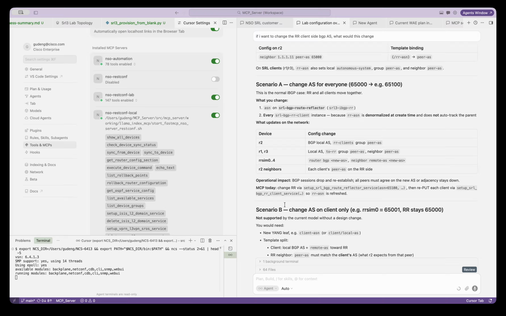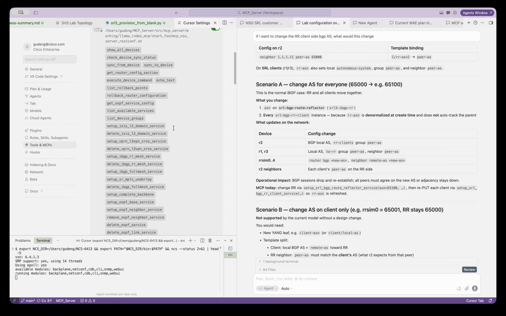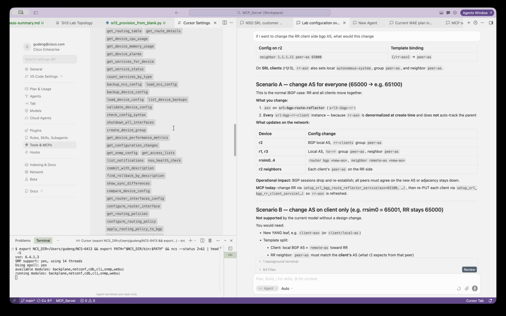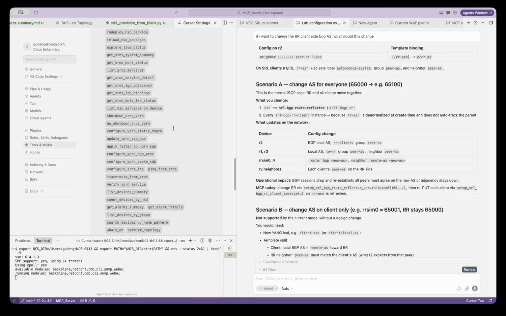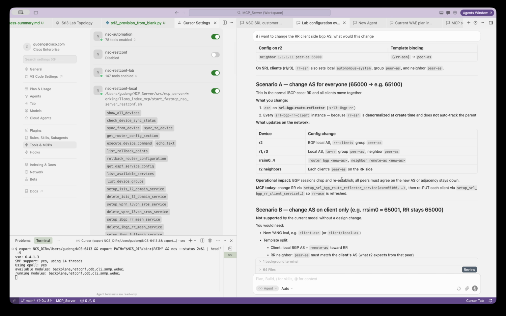Then we will change those MCP servers. By the way, all these service models are built as part of the MCP tools here. If you see my MCP server, you would see, oh God, 147 tools. Hard to find it. I assume it's one of them. Then it will just find the tool, basically this one, and change the AS number, and we're done.